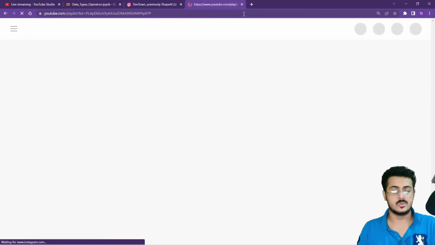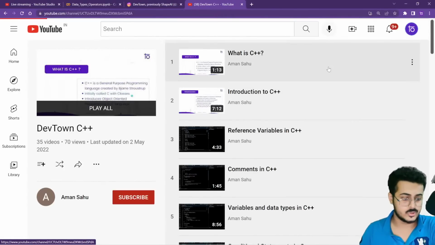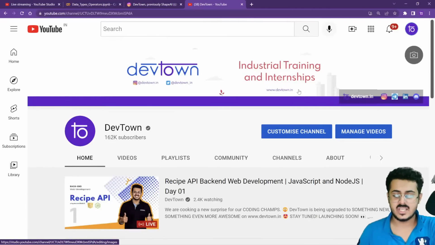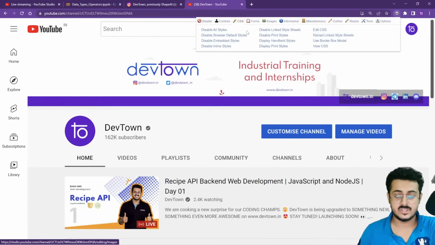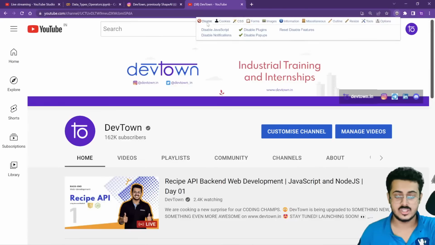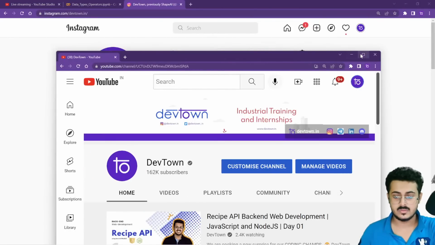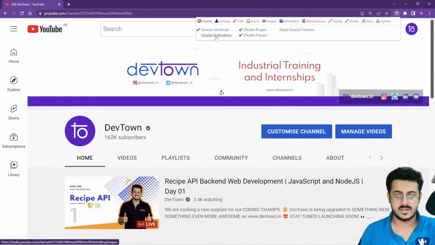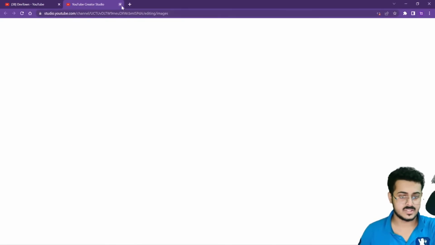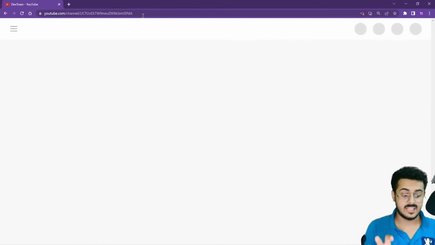Let's go to YouTube. Let's go to the channel right over here. As you're able to see, if I'm removing JavaScript, let's go back to the extension and I will be removing the JavaScript right over here. I will just take it out. So as you're able to see, I've removed the JavaScript. And if I reload the page, even the website won't load up without JavaScript.